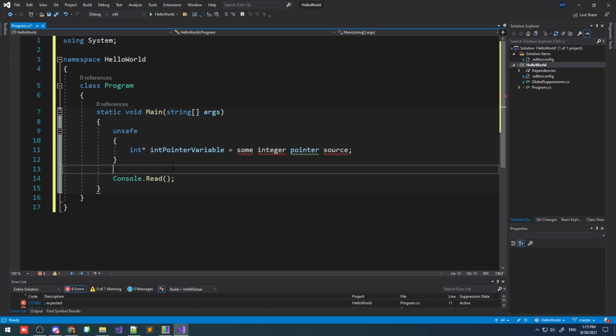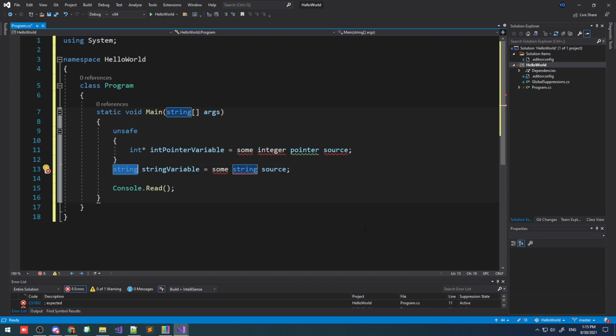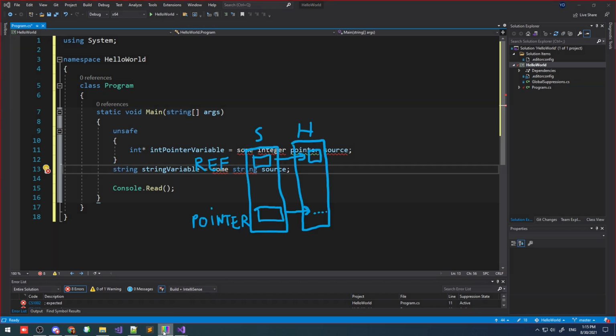On the other hand, when we have a code like this, you can recognize it as a reference. I have already previously said that strings are primitive types that are references. So, while you might consider a reference doing the same stuff as a pointer, namely store an address on the stack that points to something on the heap, references do not point to just a place in memory. They point to an object that lives someplace in memory.